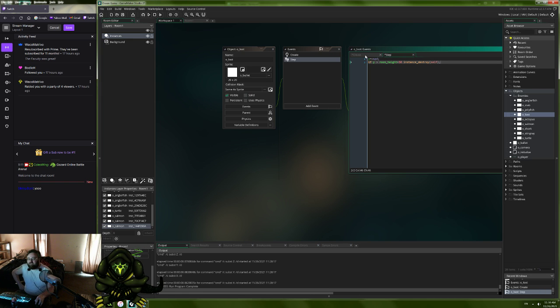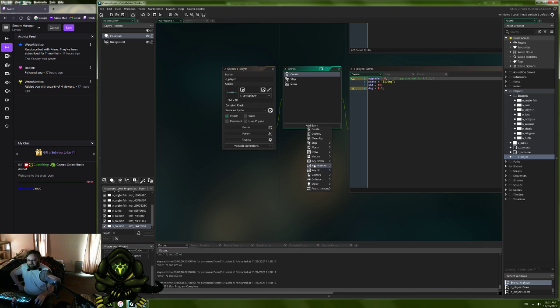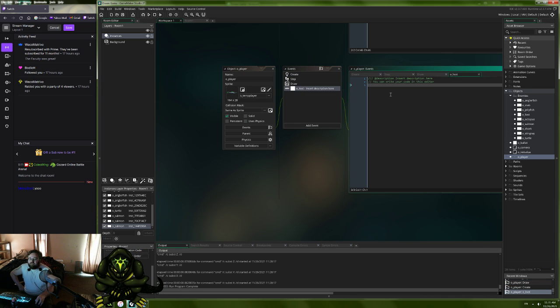Okay, so when the loot's created, it's going to be yellow. Use the bullet 1. Speed will equal 5, so it'll fall down at 5 speed. If it's below the room by 50, it will destroy itself, so you've got to pick it up before it hits the ground. And then we go over to the player object and do a collision with our loot. Where's the loot? Loot's in here. So if you collide with the loot,